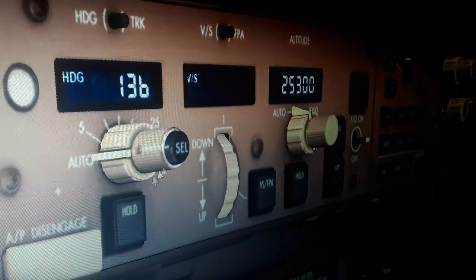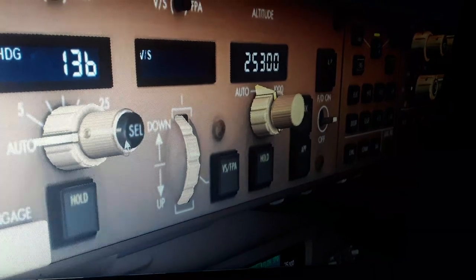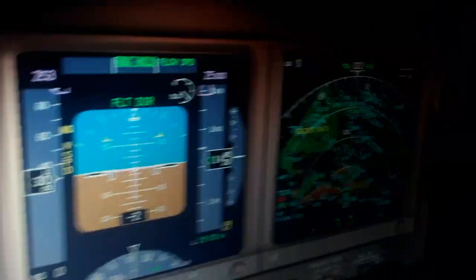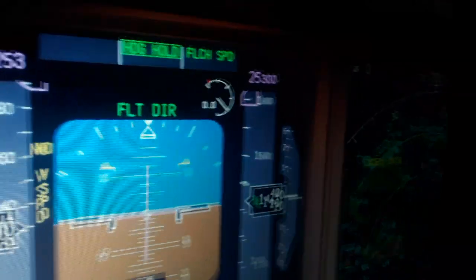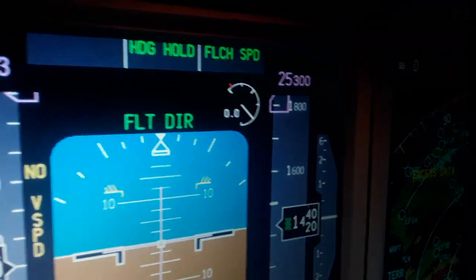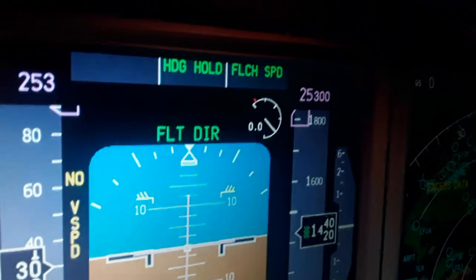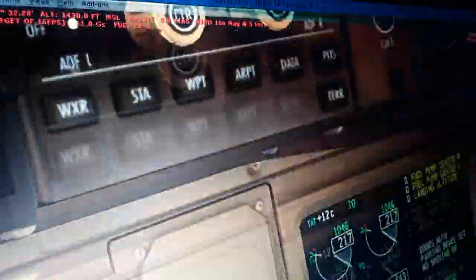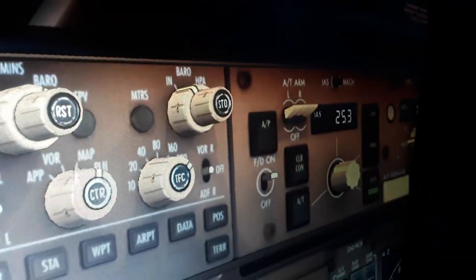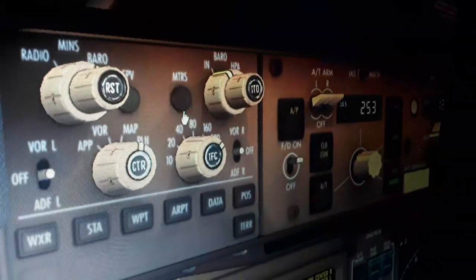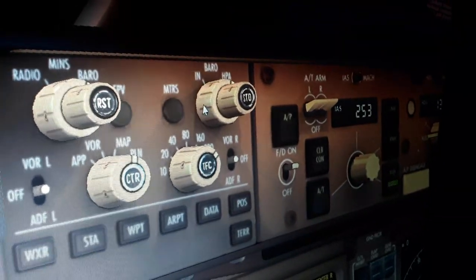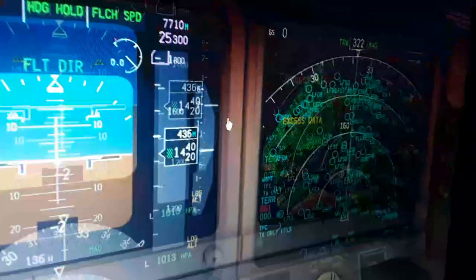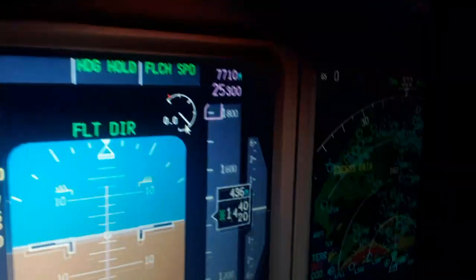You can see here we can select this by pressing this switch. Also, I'm going to show you we have different kinds of indications here, and I'm going to show you how to use the autopilot. We have heading hold and flight level change, speed 253, 35,300, and 136 as the headings. But we can also use this for meters. This is the EFIS panel, electronic flight instrument panel, and select hectopascals instead. You will see now indication in meters,